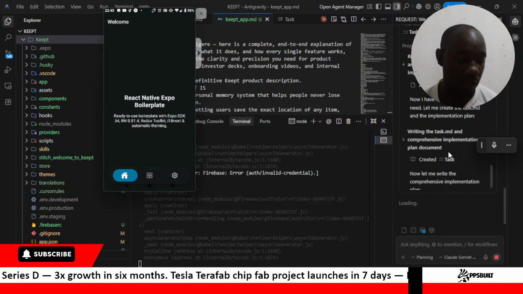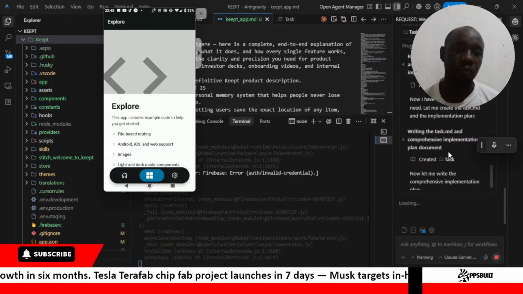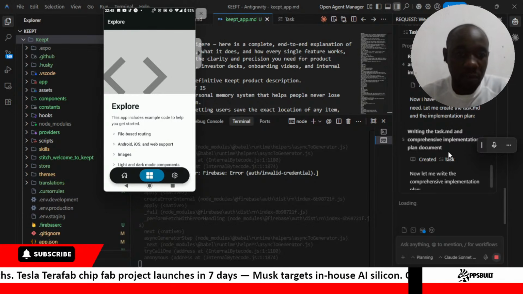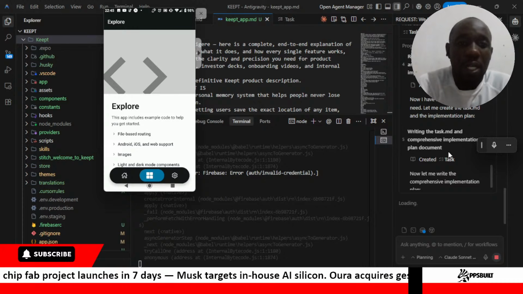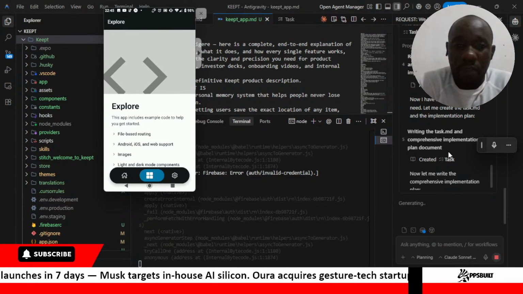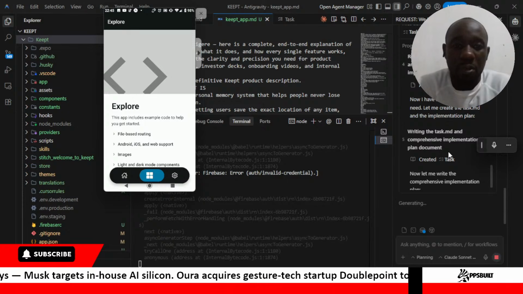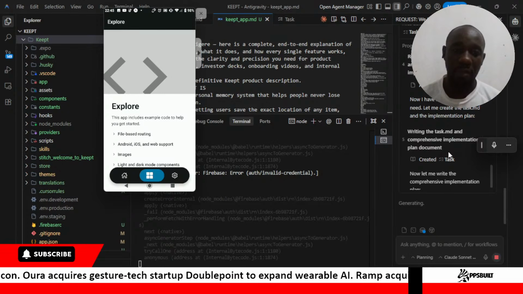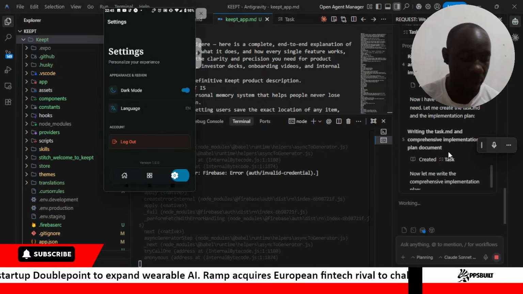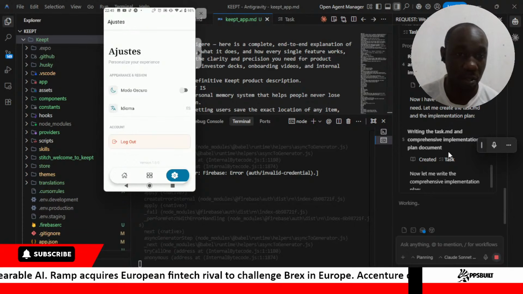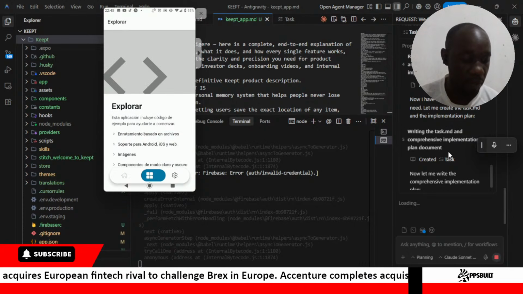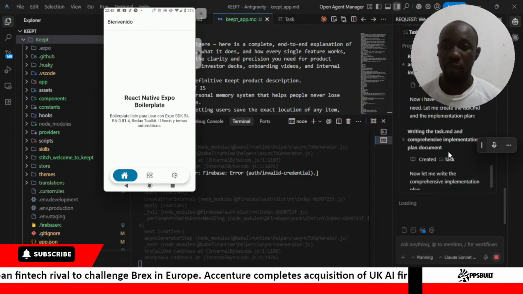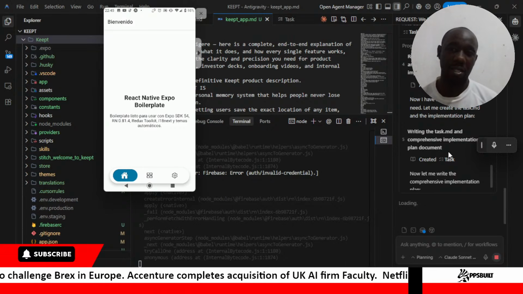Now for this boilerplate, we've refined that. What we've done is that we've included the functionalities mostly for file-based routing. So our structure, given that we are using Expo, we can build out and support Android and iOS. We've also set out elements for how images can be laid out, the light and dark mode. We've also made refinements mostly when it comes to languages, so you can switch to other languages, which is a very good practice.